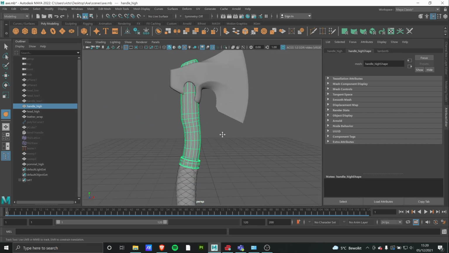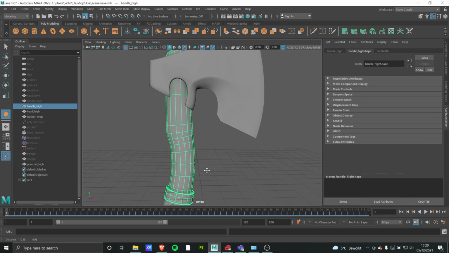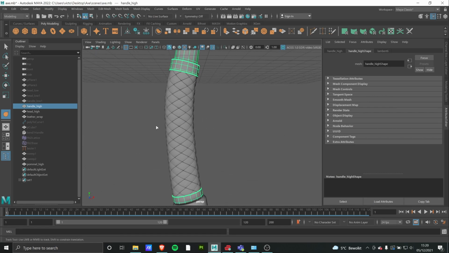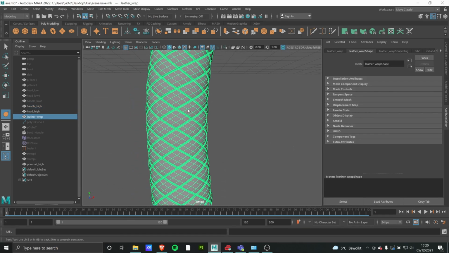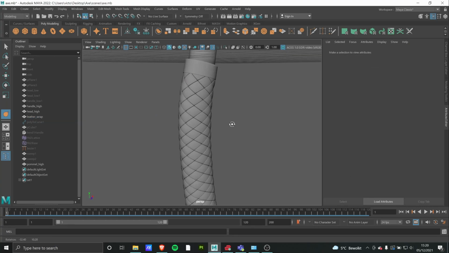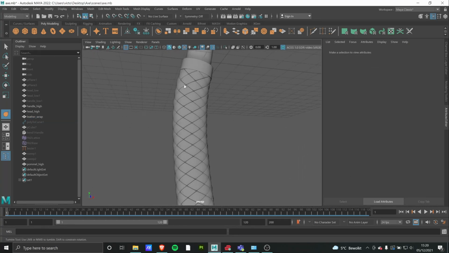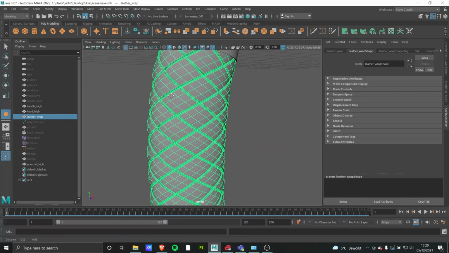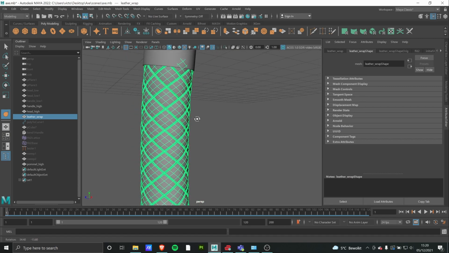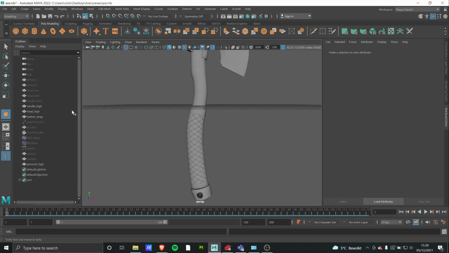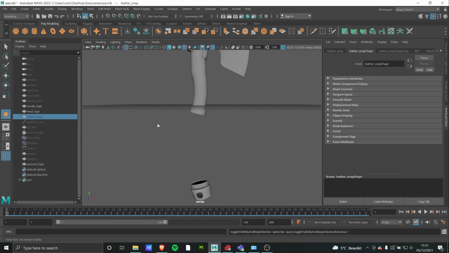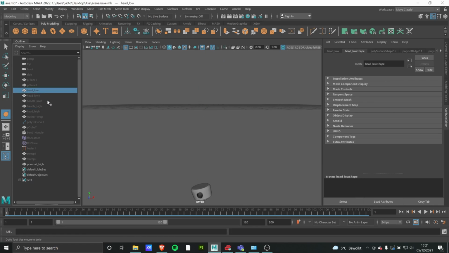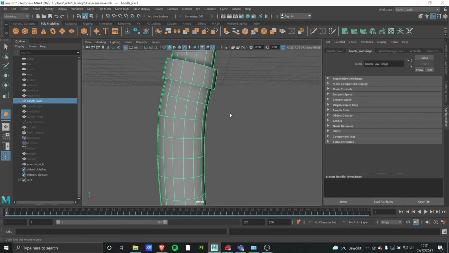Now let's take a look at how we can add some extra geometry to create extra detail. If we go down here, for instance, you can see that I created this leather wrapping texture or pattern. That's what I was looking for. This leather wrapping pattern. But this isn't on my regular handle. In fact, if I remove my high poly model right now and get my low poly handle out, you can see it's just